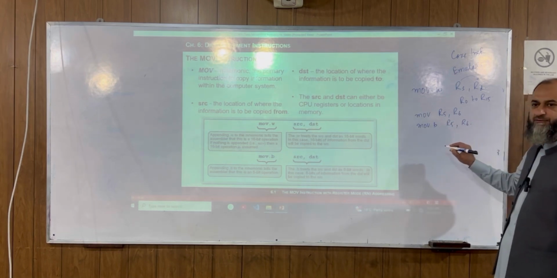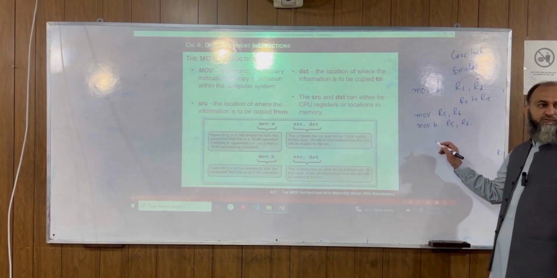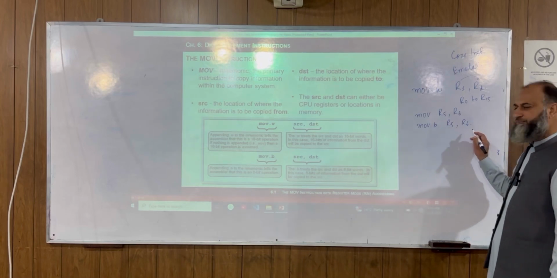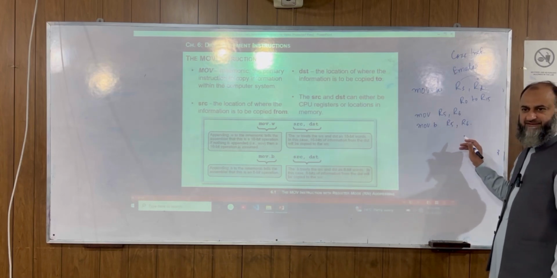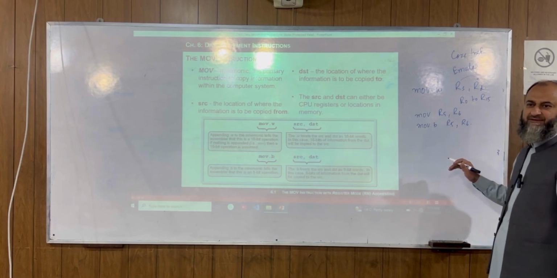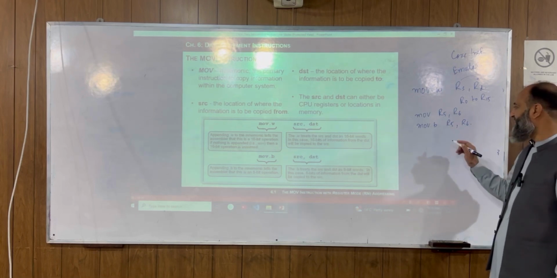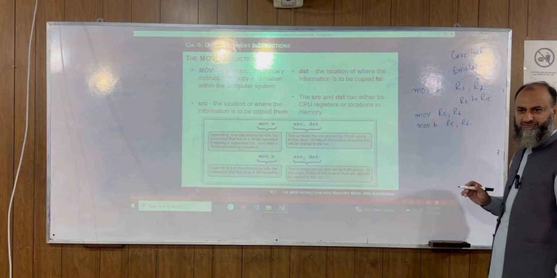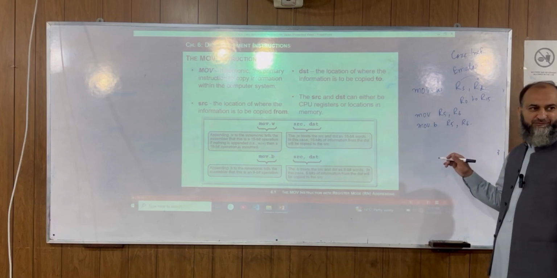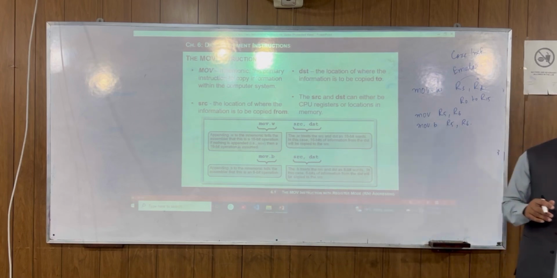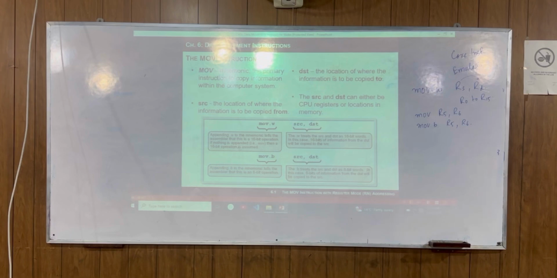We mean you are going to move the lower byte into the lower byte of R6, right? It is just a copy operation and it doesn't affect the source register. The source register will remain the same.